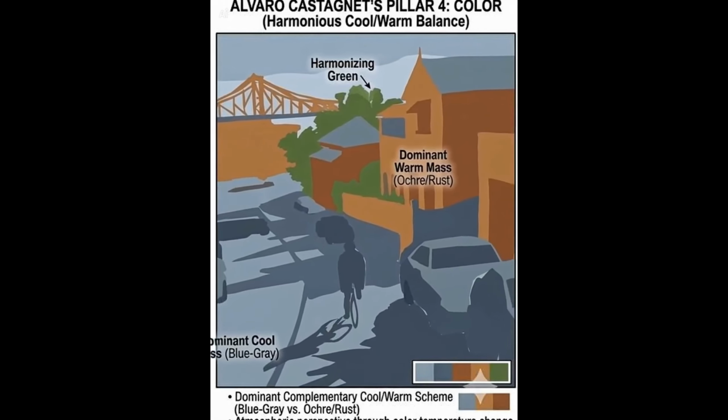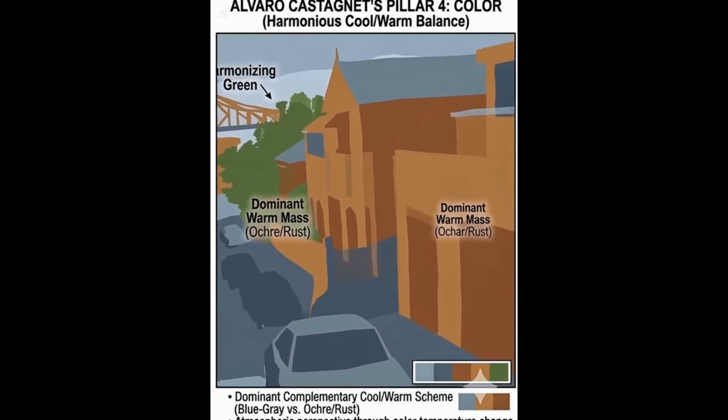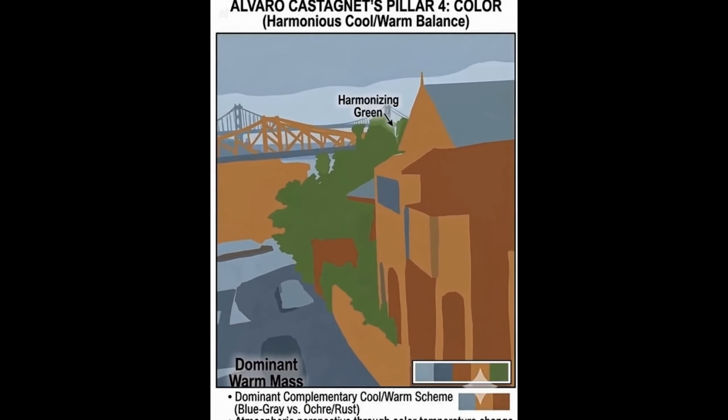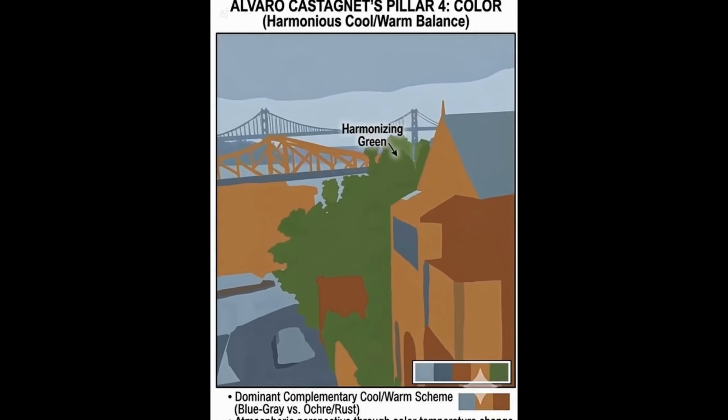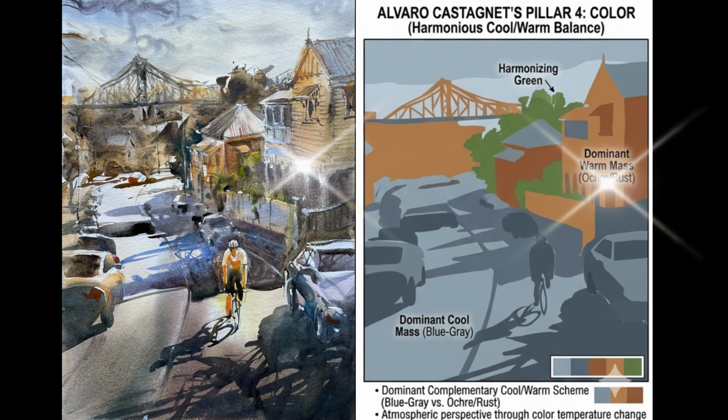Pillar 4. Color. Harmonious, cool, warm balance. Color in this painting is built on a complementary relationship between warm and cool. Dominant warm mass, ochre, burnt sienna, and permanent orange flow through the houses, cyclist, and warm sky, the golden light